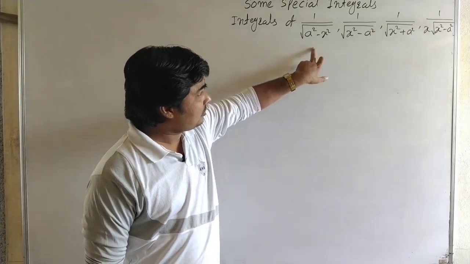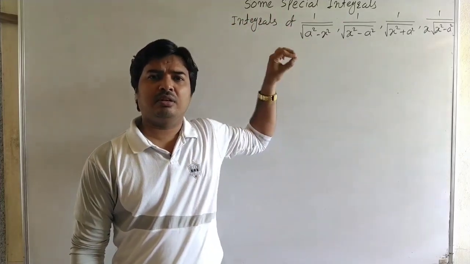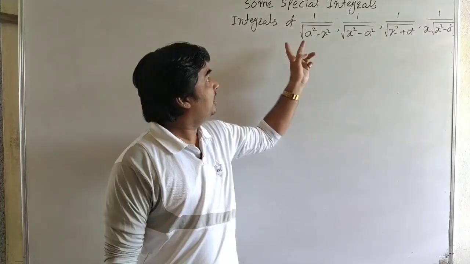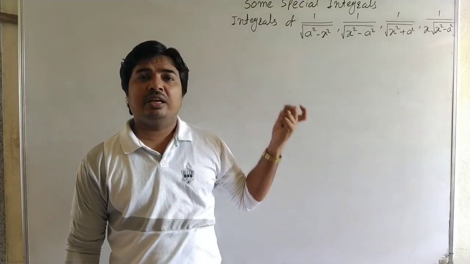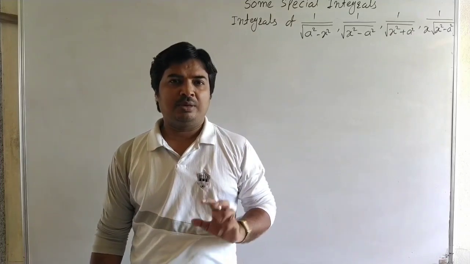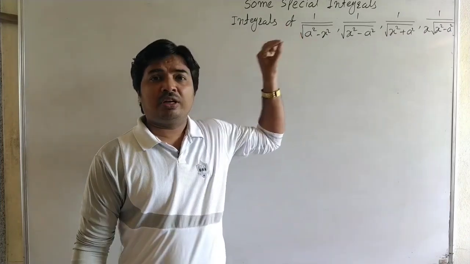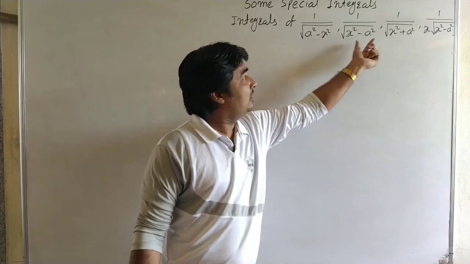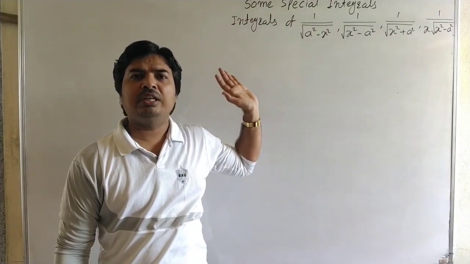Now here the integrals with under root, the examples and process are the same, but the last formula for the integration is different because that one is without under root and here it is with under root. Again in this type we see the examples 1 upon under root quadratic function, and the process is the same. By the completing square method we convert the quadratic function into two terms, that is a square and x square. We get any one out of these and we use the formula for the integrals, okay.